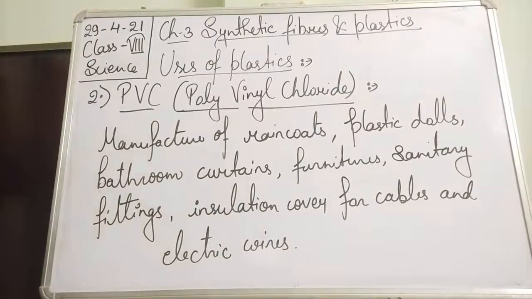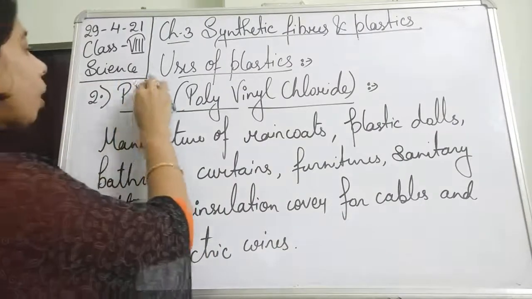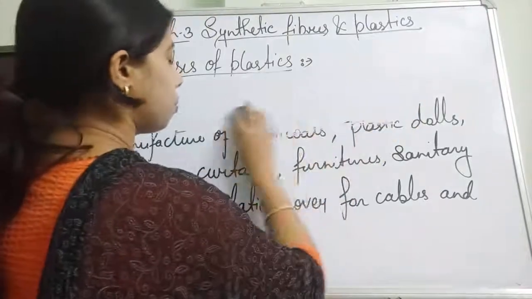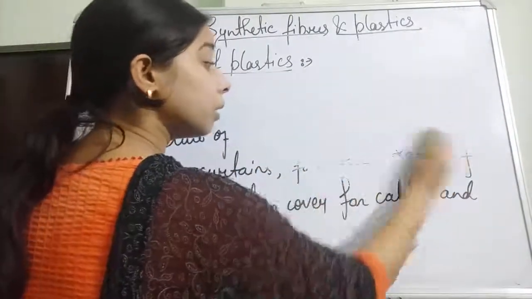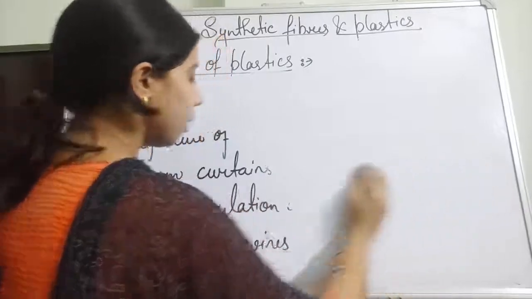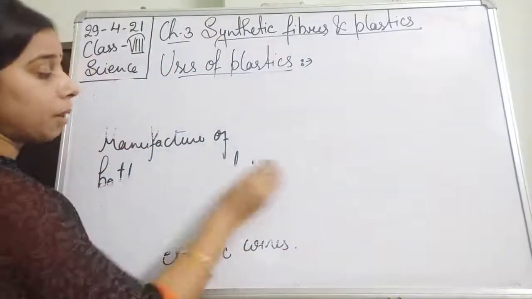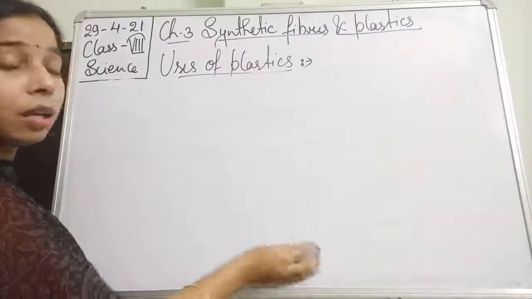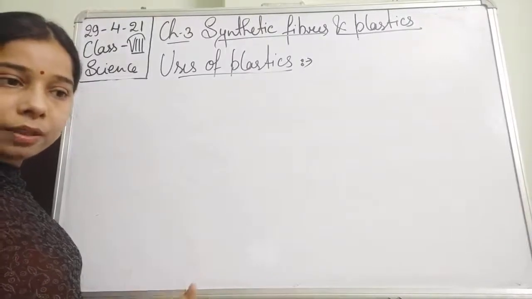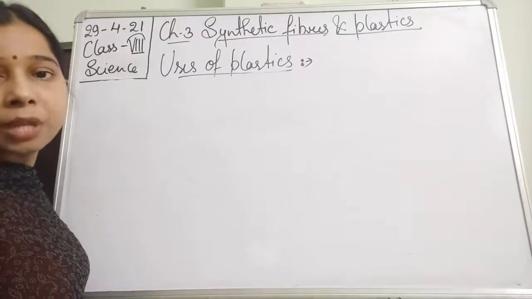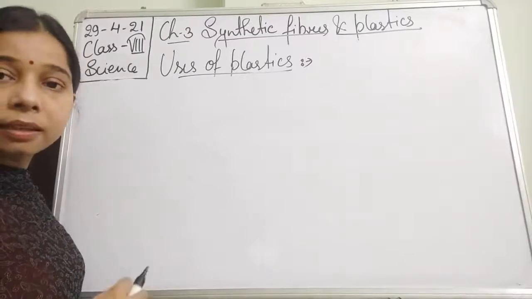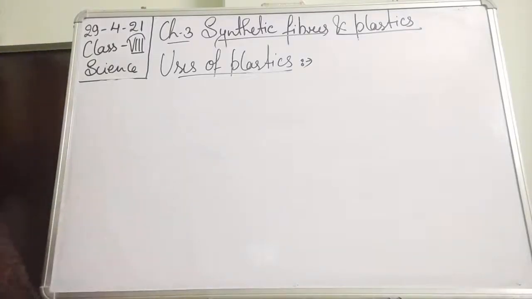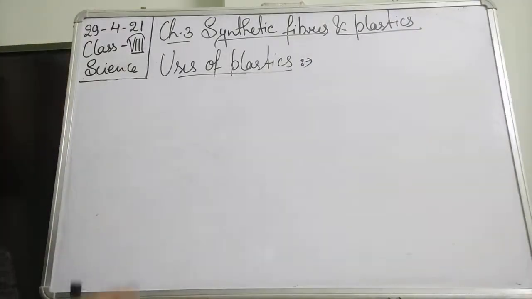Moving on, we will see the next one, and that is polystyrene. So what is the use of polystyrene? This is, students, a thermoplastic. You know that when we were talking about thermosetting and thermoplastic, we said that an example of thermoplastic is PVC, polyvinyl chloride. So we are talking here about polyvinyl chloride and polythene, both are thermoplastic. Not only this, the polystyrene that we are going to talk about is also a thermoplastic. So polystyrene.